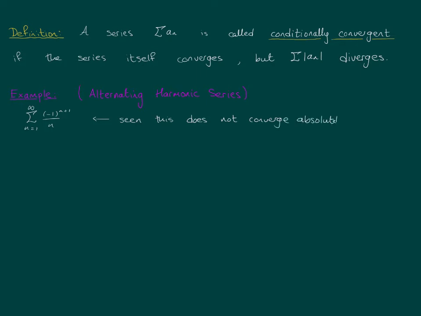Now I claim that this does in fact converge. So if you do not take absolute values, if you just look at the series given, this series does converge. Now, for proof of this, I want you to look at the notes. So see notes for proof of convergence. Okay. So this is a series which converges but is not absolutely convergent. So this is conditionally convergent. NB, this is an important example.